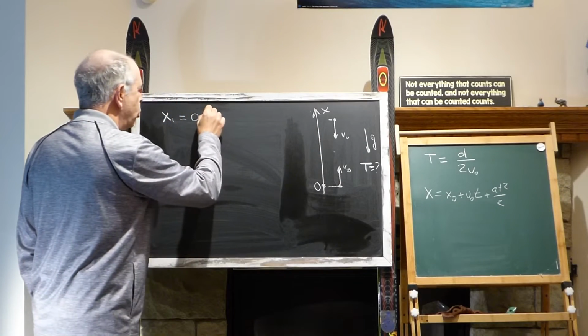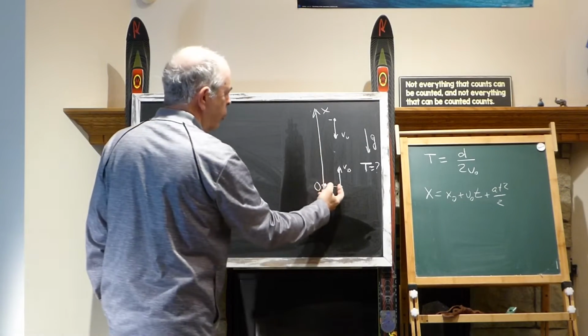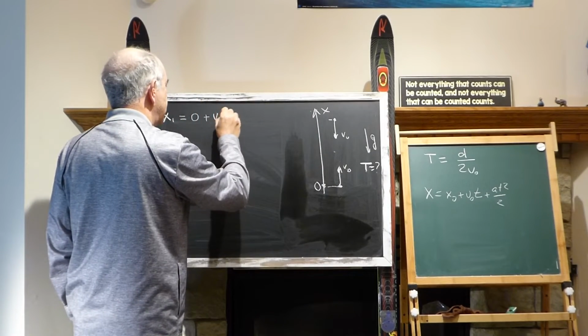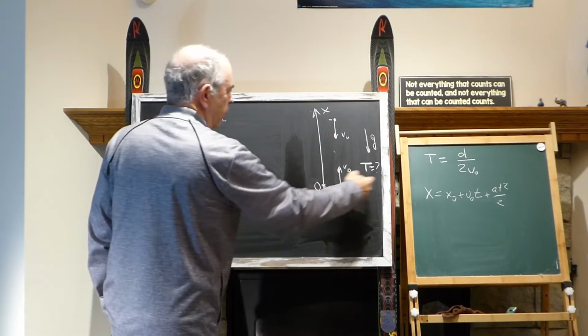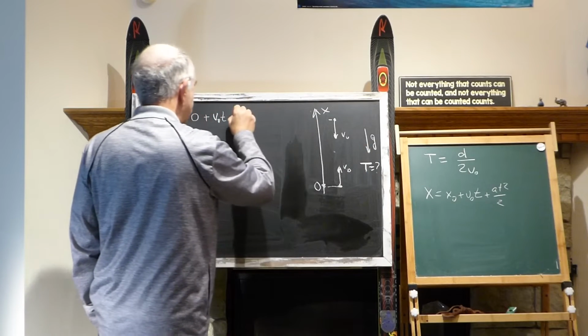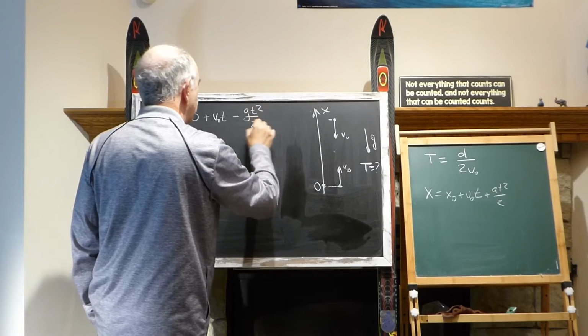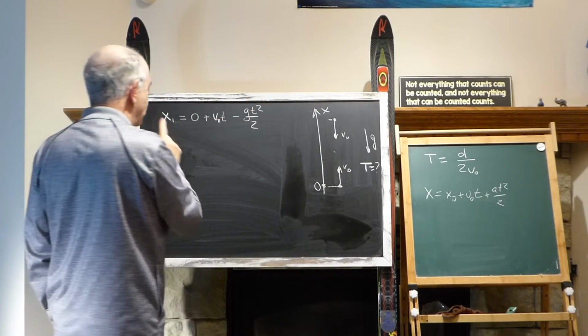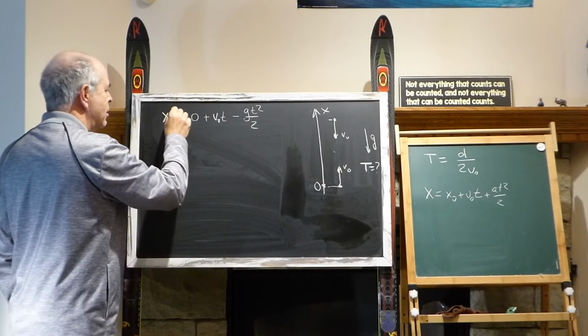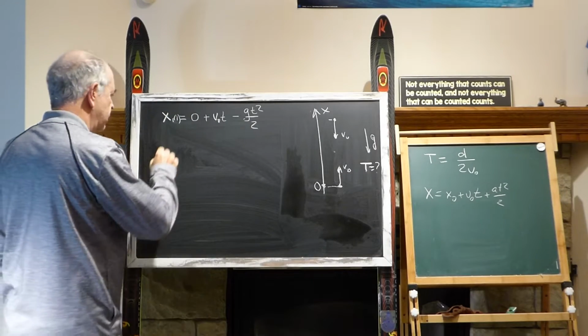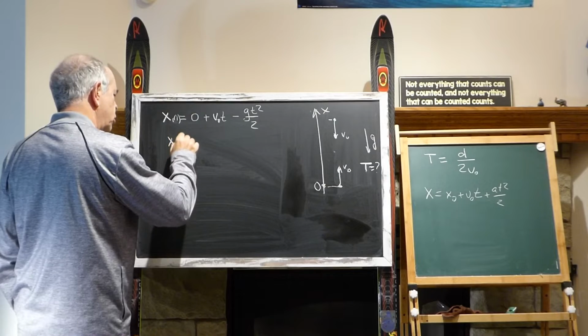v0 t, does it go with plus or with minus? Of course it goes with up, and up is a positive direction, so it would be v0 t plus at squared. Acceleration is down, so boom, minus gt squared over 2. And notice I write t lowercase because I want to tell that this is a coordinate at any moment t, at any given moment. Let's go to the second body,